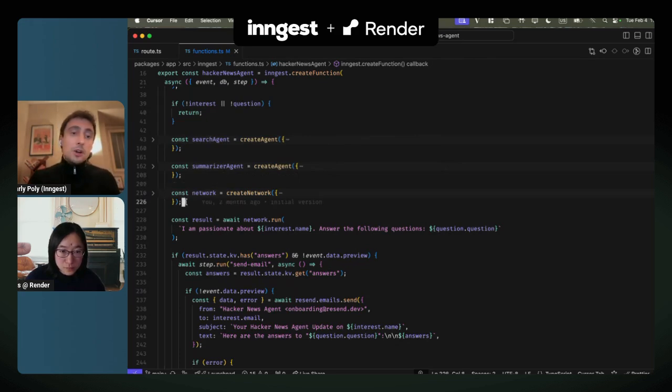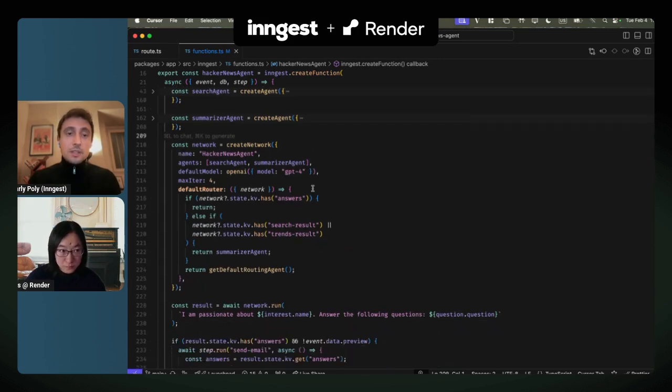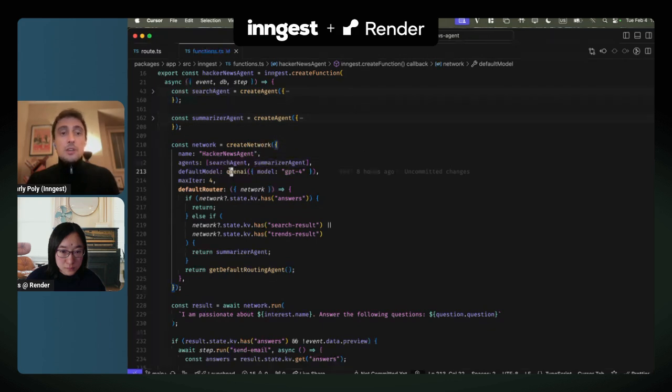So let's take a look at how we assemble all that to make it work together and create this network of agents. Here we are creating a network of agents. It has to have a name. We have to assign some agents, and also a model. If you provide a model to the network, this model is going to be used by the agents themselves. Here it's running with OpenAI. You can also use Gemini. You can use Anthropic. We support multiple versions of models, and you can also use OpenAI-compliant APIs such as a self-hosted DeepSeek